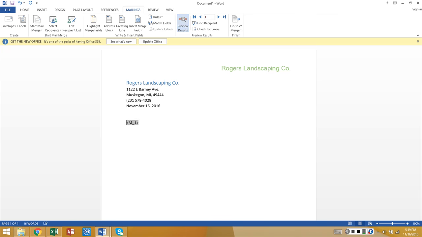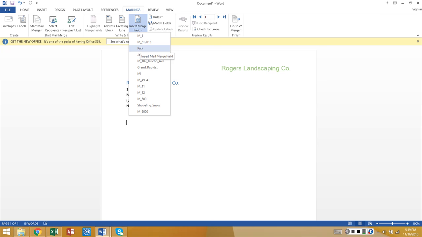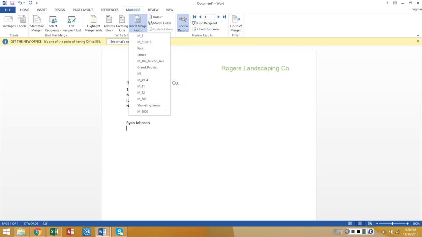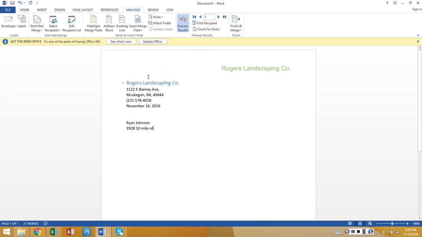And then for this, we're going to just erase that, and we can add fields. So you want to add the first, space, and last name. Next, you're going to want to add their address. This is where you're shipping your thing to, your receipt to. So you're going to add their address, which is that one, comma,